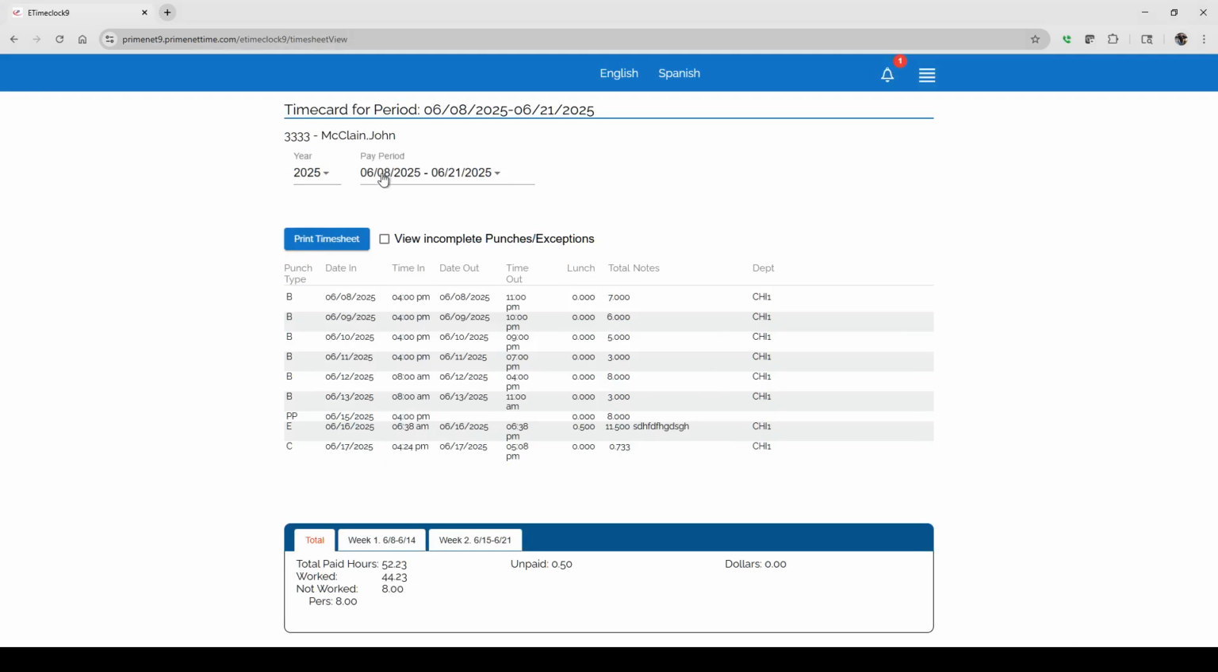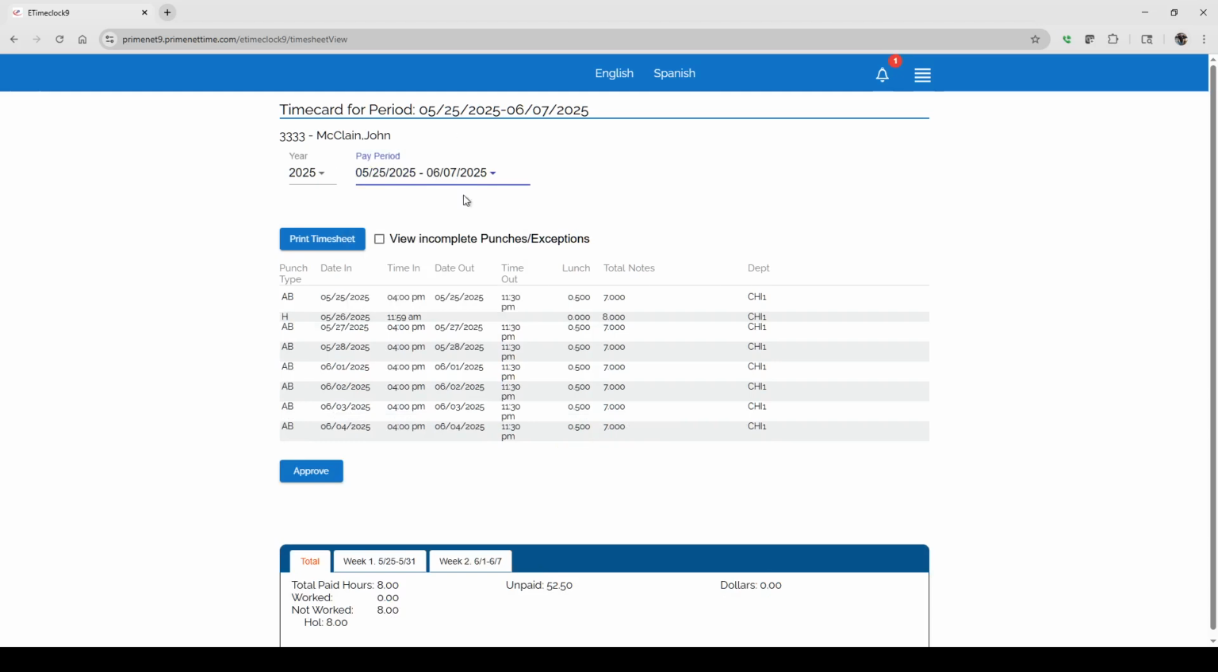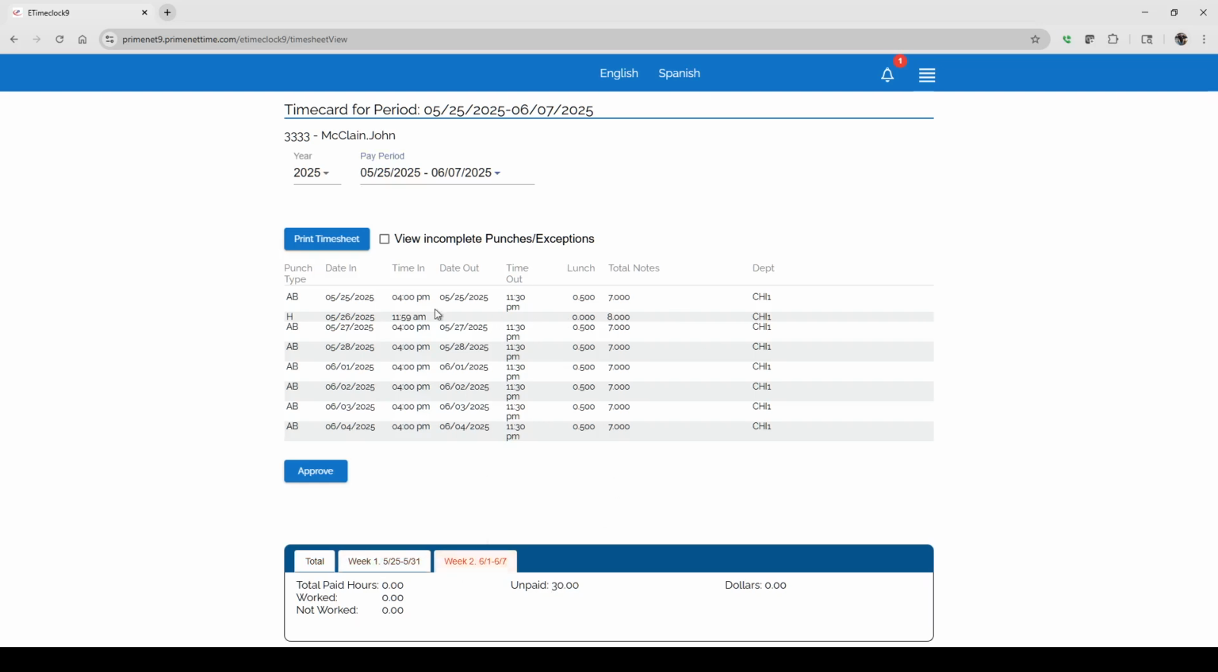Now, normally you're going to be approving your timesheet, or at least looking at the one that's completed, which is going to be 525 to 67 in this case. This is what was worked or what it was given. If everything looks good,